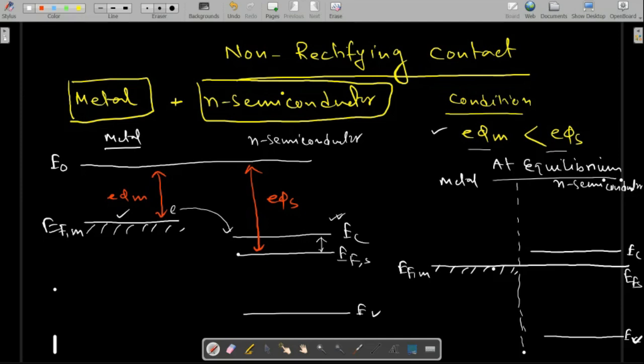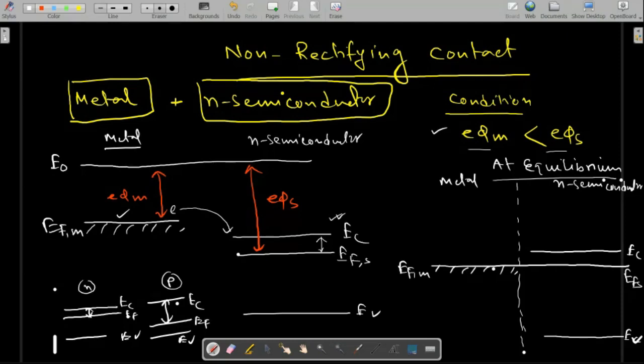Then, which type of bending may we expect? Whenever the distance between conduction band and Fermi level increases, that indicates the junction became more p-type or less n-type. But in our case, it is just opposite. We are getting some extra electrons from the metal side. Okay, so the junction became more n-type.